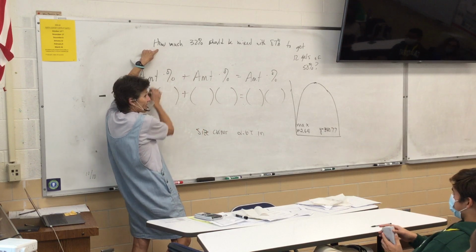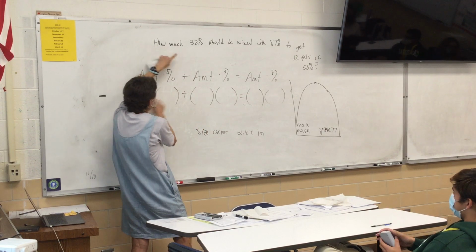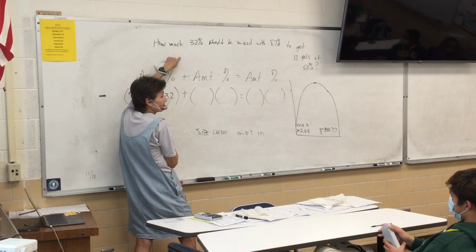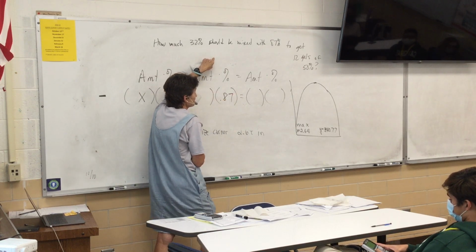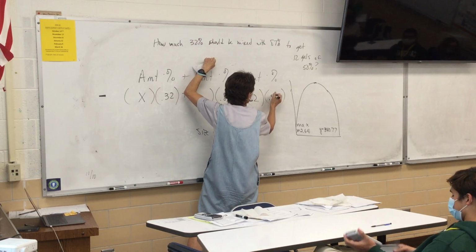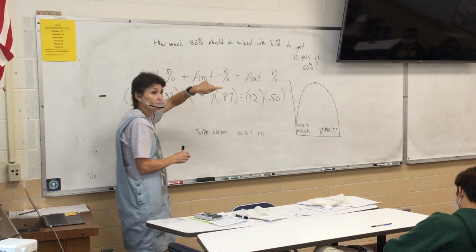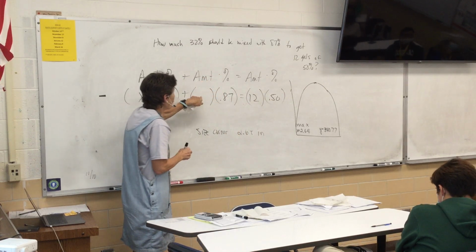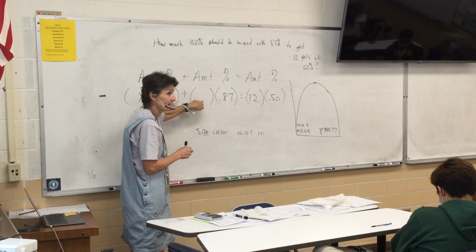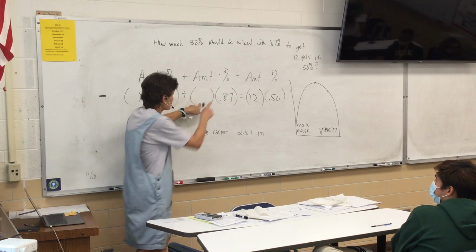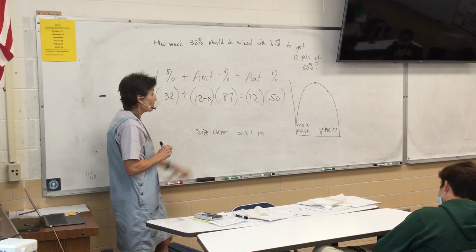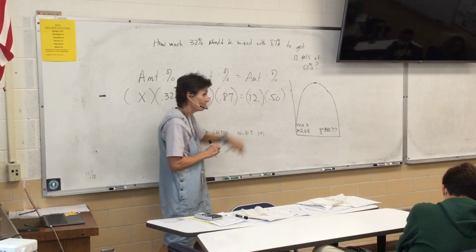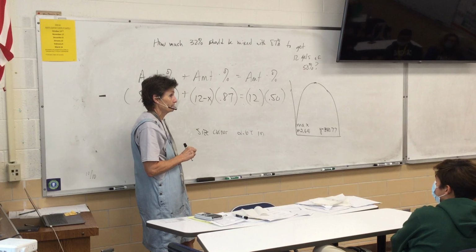How much, that's the amount, how much of 32% should be mixed with 87% to get 12 gallons of 50%. Right? When this is empty, it's the minus one. So it's going to be 12 minus X. When this one's empty, it's 12 plus X. And then